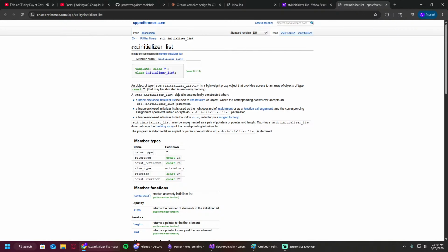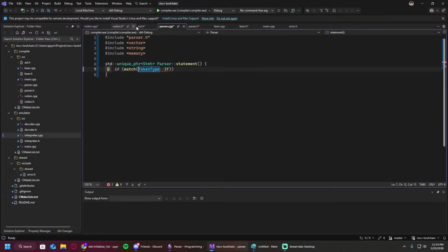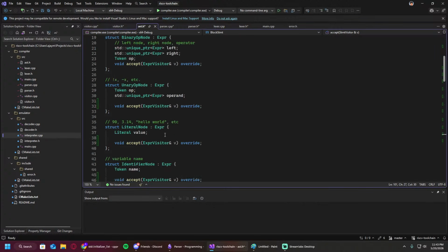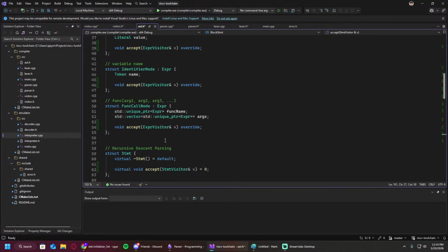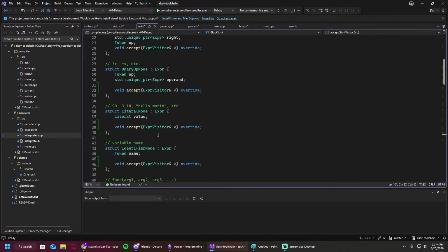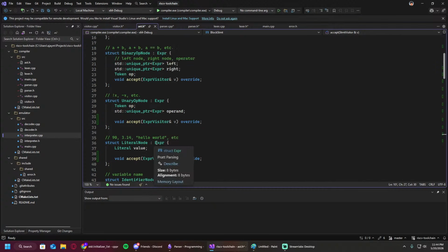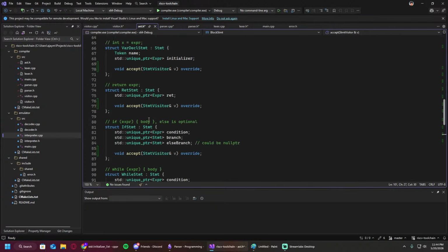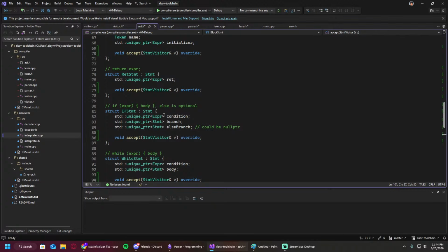So essentially, if our package for the if statement, I can't find it. Where is it? Oh, here. Okay, if we have these packaged within a brace initialized list,